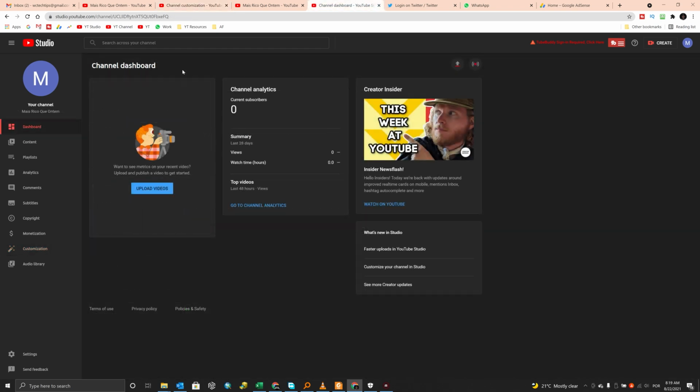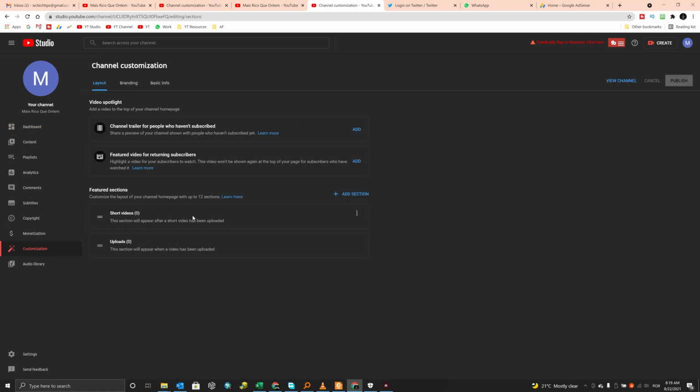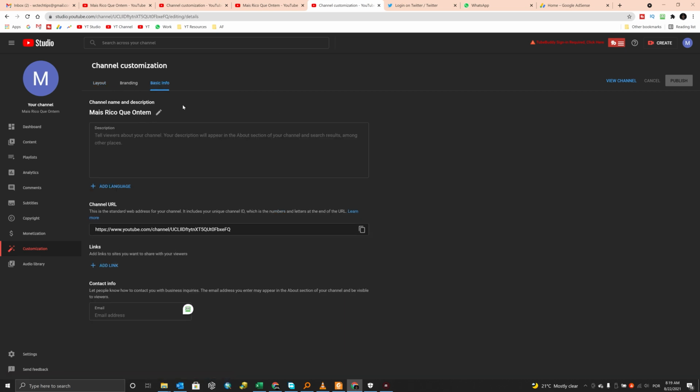So if you are already at YouTube Studio, what you have to do is right here on the left, find customization. As you can see, there is customization, click there, and then it will take you to this page, the same I showed you before. And right here, you just have to go to basic info and change the name that you want, and then